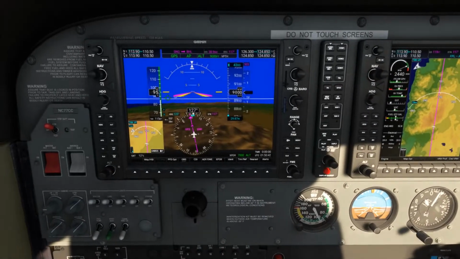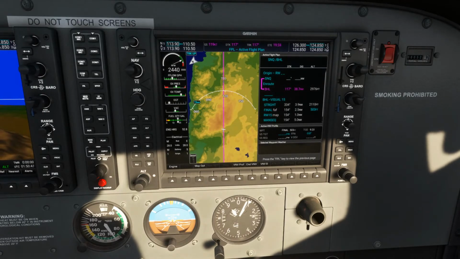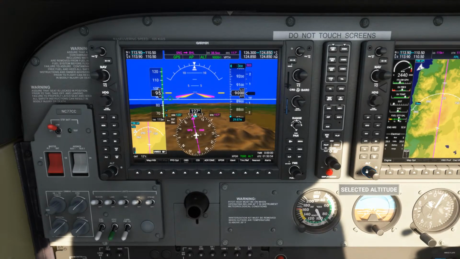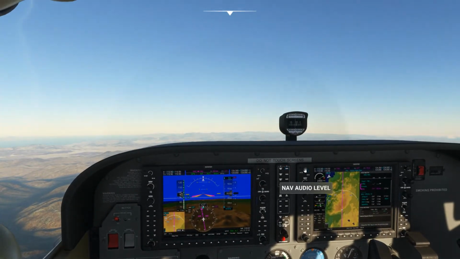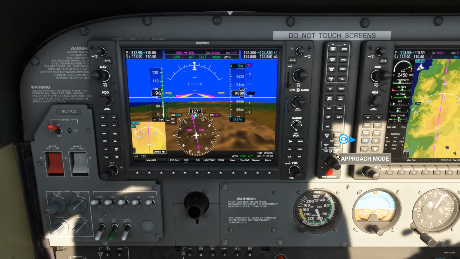So we are now 9 minutes to our top of descent. And again, I'm going to bring this down to 500, because our final approach fix is 500. And when we hit our final approach fix, we should be able to use our approach mode.